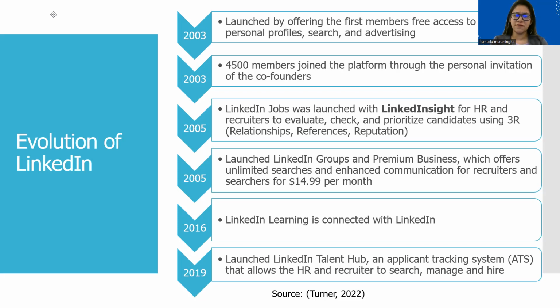It was launched for the first time in 2003, and by the end of that year, around 4,500 members had joined the platform through personal invitation of the co-founders. In 2005, LinkedIn Insight was launched for HR professionals so that it could ease up their recruiting process, where they can evaluate, check, and prioritize candidates using the 3R concept. And by the end of 2005, LinkedIn Groups and the Premium Business feature were launched, which offered unlimited searches and enhanced communication for recruiters and searchers by paying just